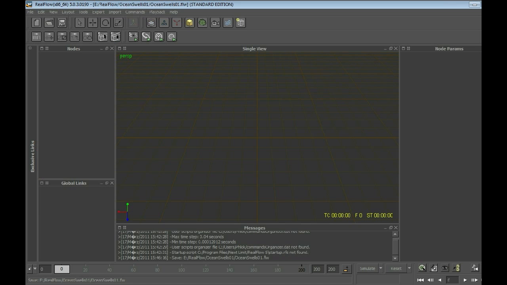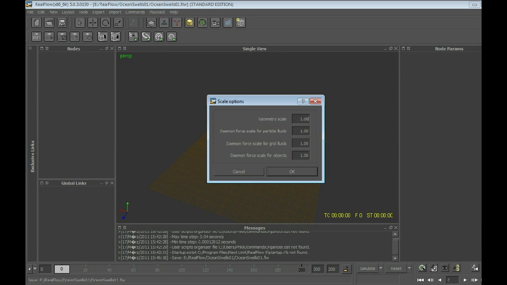Okay, back in RealFlow, I need to set the correct scale. This is because 1 unit in RealFlow is always approximately 1 meter, and in Maya it's different. And the way I modeled in Maya should match the scale in RealFlow. It is important. So set the geometry scale of 0.5,